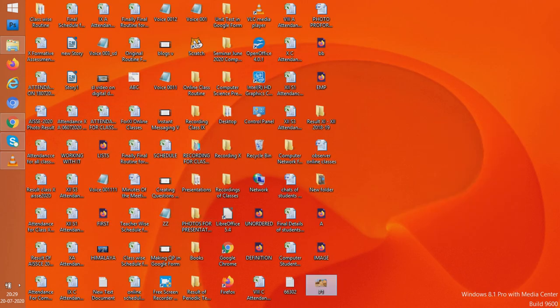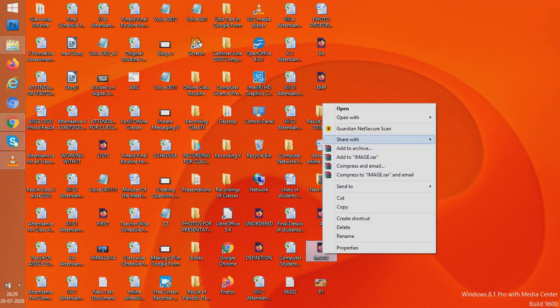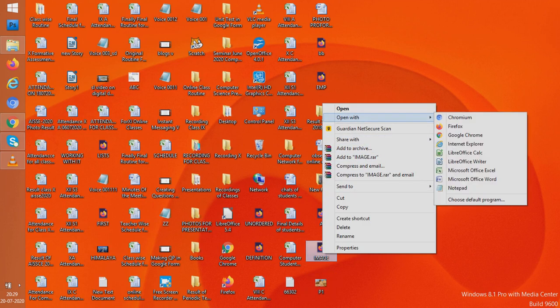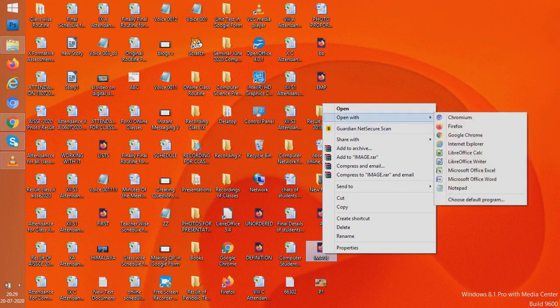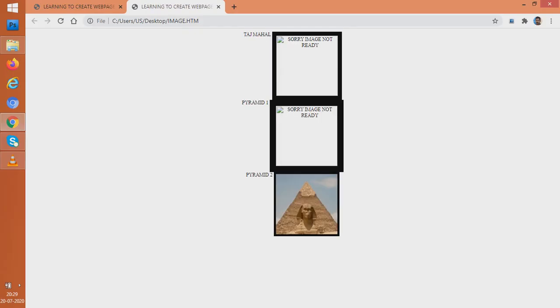Now it is not in the same folder where we had kept p1.jpg, but while we wrote it in Notepad, we gave the path C drive, images, then p1.jpg. So it is going to search for the file there only. So now when we open it, see, the alt text appears for that given photograph.